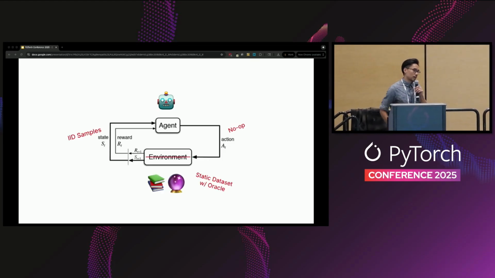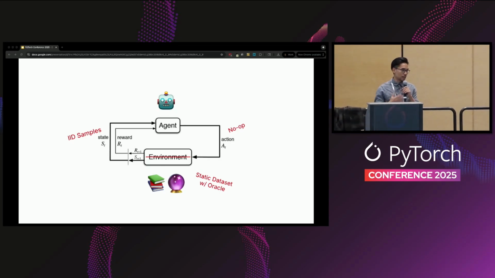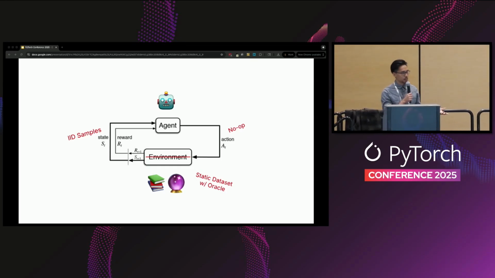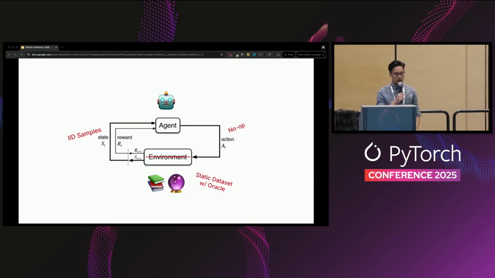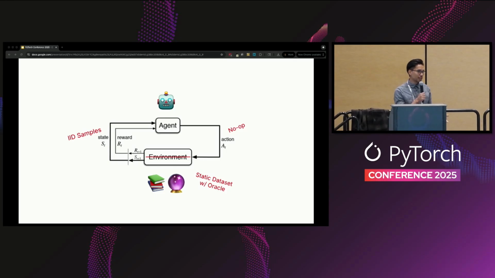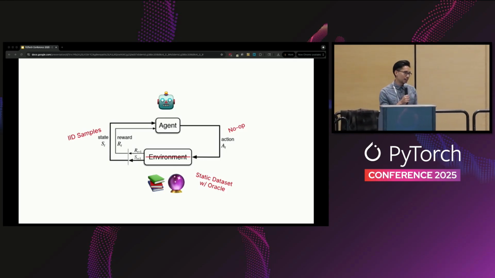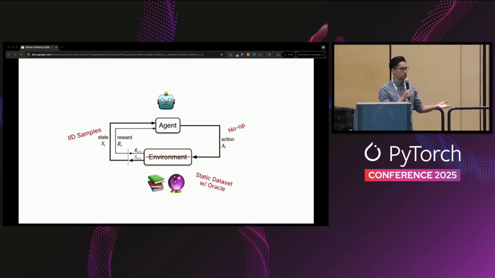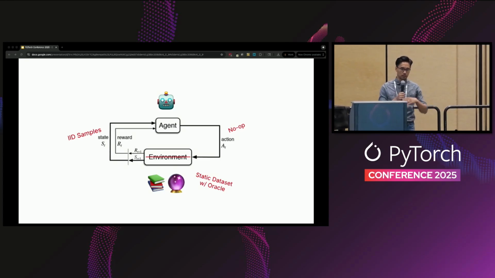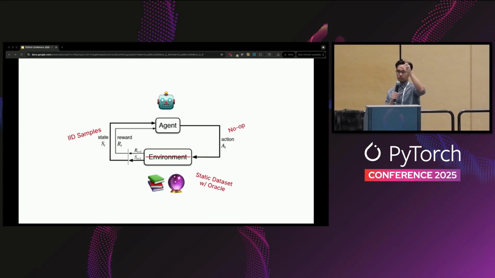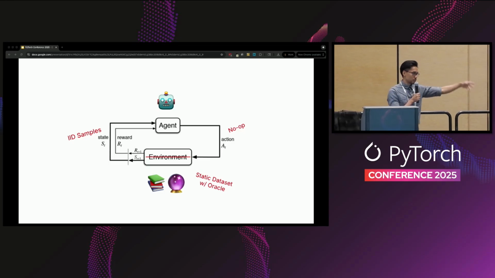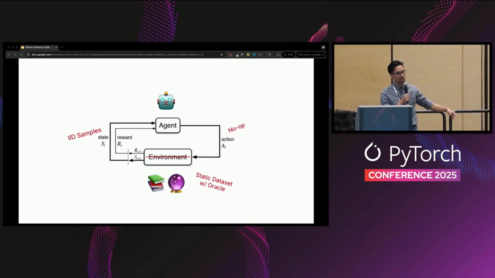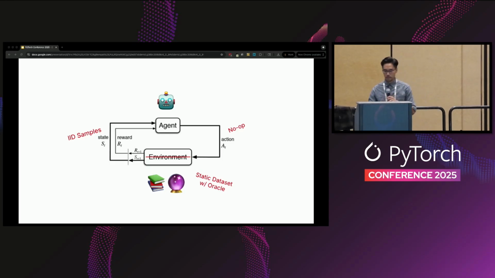What we see for the most part, not all projects are like this, is static data sets, these math data sets, these coding data sets with problem and solution pairs. If you squint, it's essentially IID data set sampling. The actions that the agent takes are kind of no-ops in the environment. They don't actually change what the agent sees next, right? You have the agent solve an equation, then it has the solution, and then what happens next? Really nothing, you just get the next data point.